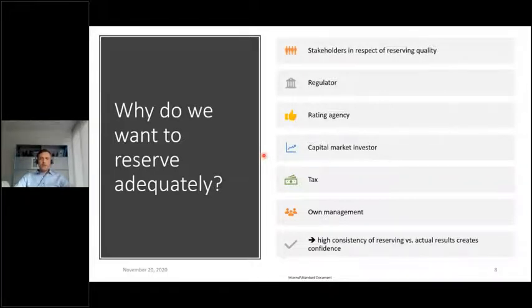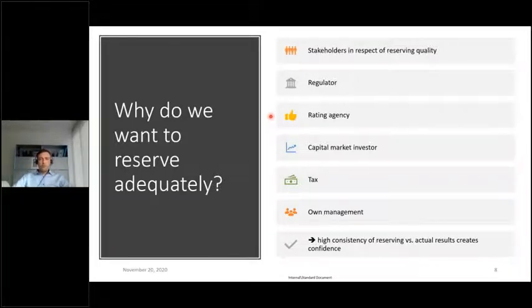So when we look at who the stakeholders in reserving are, why we are doing reserving, and why we want to achieve reserve adequacy, clearly there are regulators, agencies, rating agencies, investors in companies, tax authorities, and also our own management, who are interested in high reserve adequacy. You're not seeing the policyholder here. I mean, clearly he's an integral stakeholder. We hope rating agencies are taken care of by certifying companies and giving them good ratings, as well as regulators,